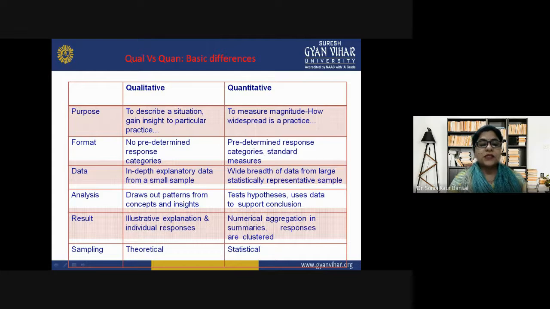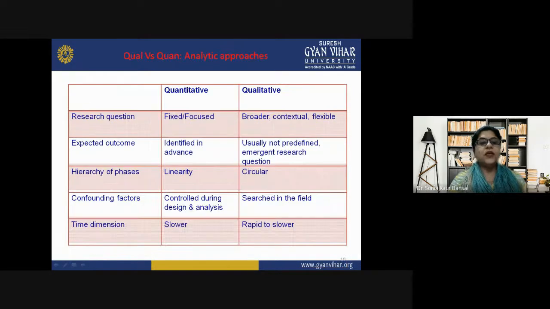The next difference is dealing with sampling. In sampling, theoretical sampling is done in qualitative research, but statistical sampling is done in quantitative research. Now, research question. In quantitative, it is fixed and focused, but in qualitative, it is broader, contextual, and flexible. Then, expected outcome is identified in advance in quantitative research, but it is not usually predefined in qualitative research,